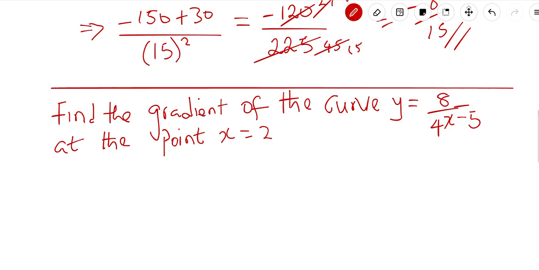This is a similar question saying you should find the gradient of the curve y is equal to 8 over